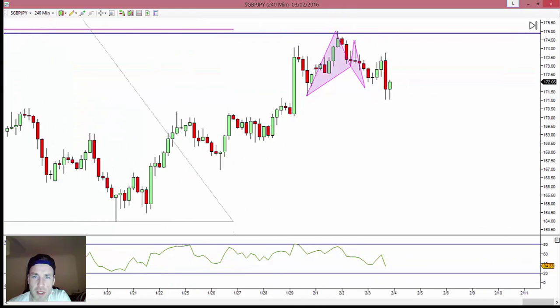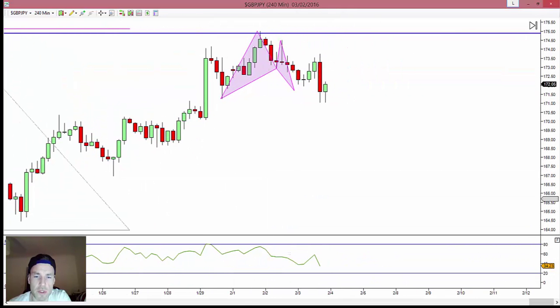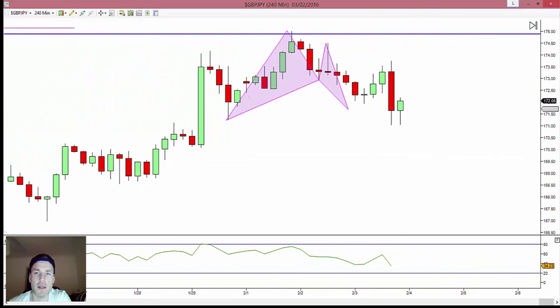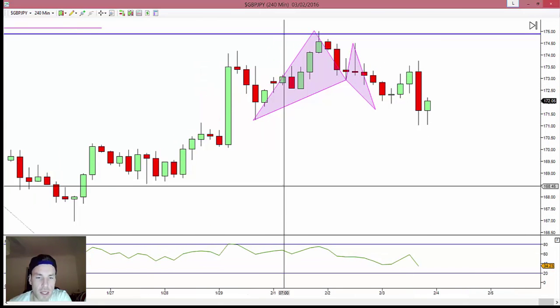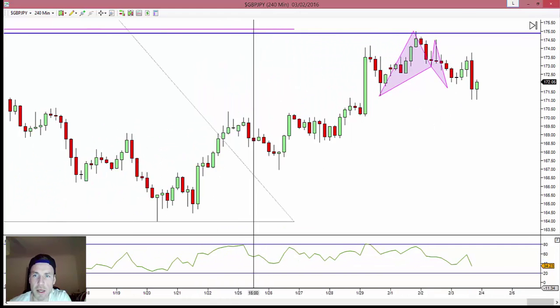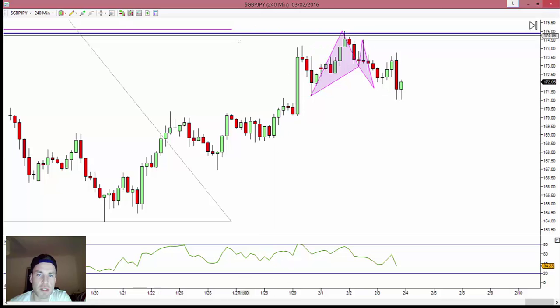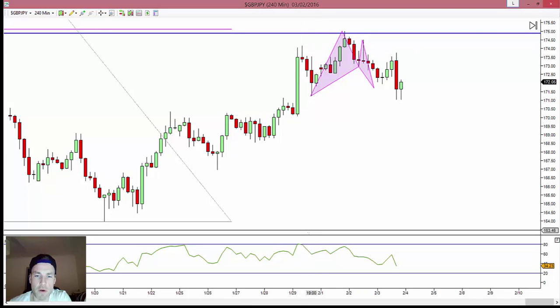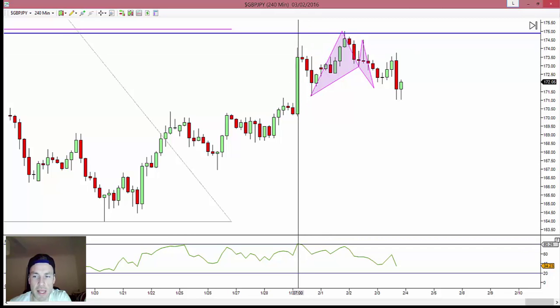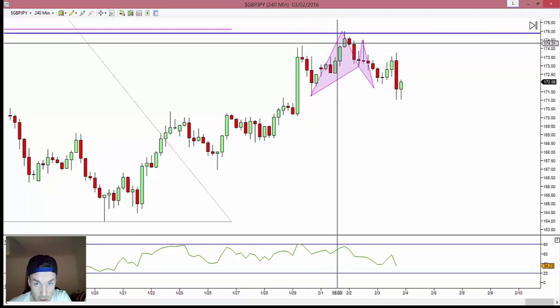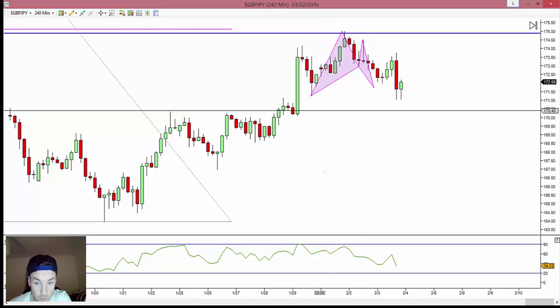And so zooming in here a little bit, we will see that we have a Gartley pattern. But before I show you that, actually, what I was looking at here is price had moved up, moved down. I was waiting for price to get up to this level here, this structure level. And what I saw, if you look at the RSI, I got mine at 80, so we're well overbought there. At this point, price came down, we moved back up, made a higher high, touched the level I was looking for,